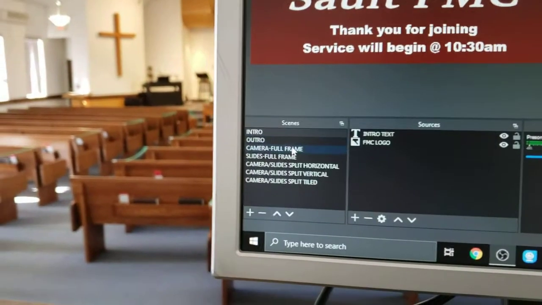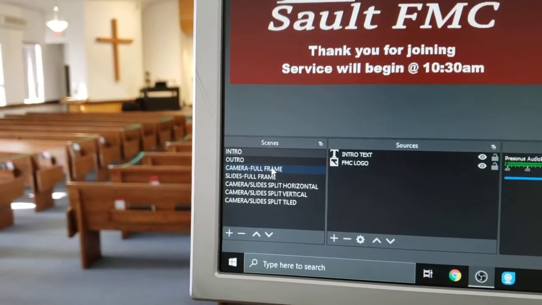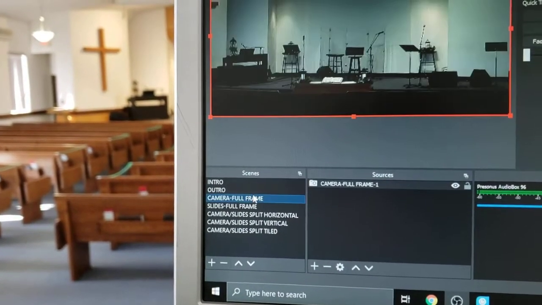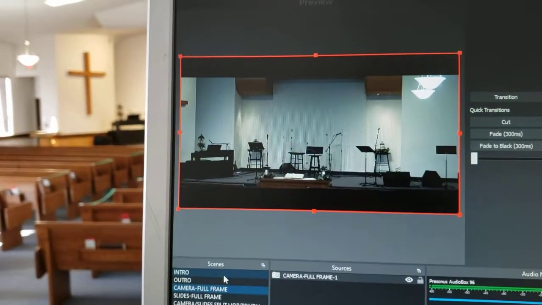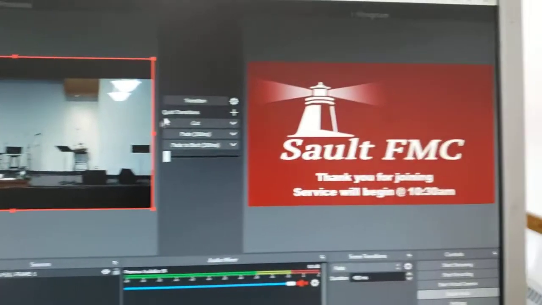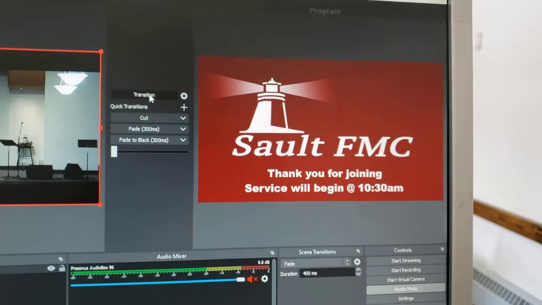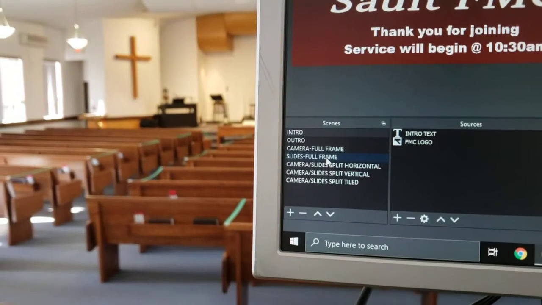That being said, when we start the morning and the worship team is up, it loads the full frame of the camera, and then when we're ready to go live, we can slide that over. Okay, similarly, if we have